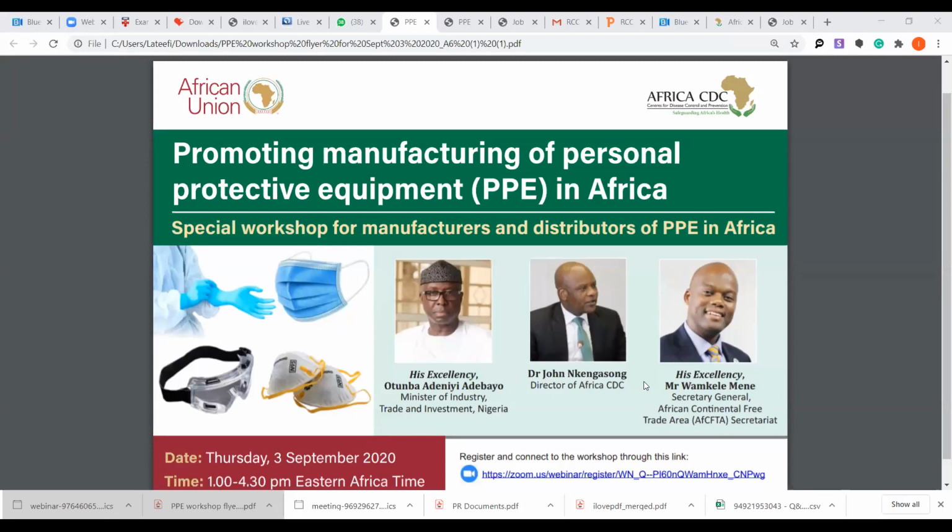And this workshop will be graced by no less a person than His Excellency, the Minister of Industry, Trade and Investment in Nigeria, and by the Director of Africa CDC. Very importantly, His Excellency, the Secretary General of the Africa Continental Free Trade Area, Mr. Wamkela Mene, will also grace this occasion, and we've lined up speakers, experts in the field that will hopefully draw up a roadmap for further involvement of local manufacturers